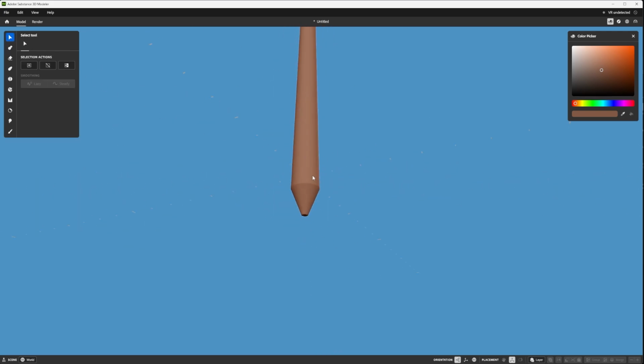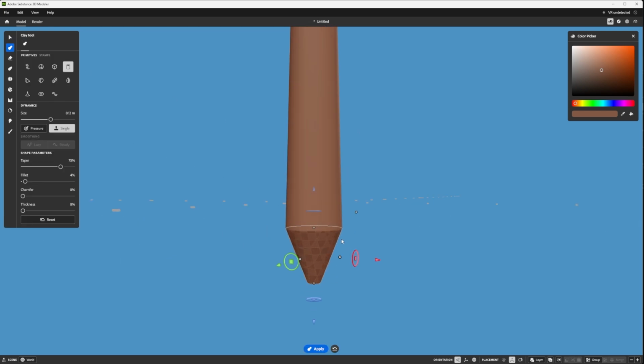If you look here, you see that it's just a single volume that I have. This is on a layer, so I am in the select tool, and you can create a layer like that. Now what I'm going to do is to start slicing the different parts of it. So getting back here,